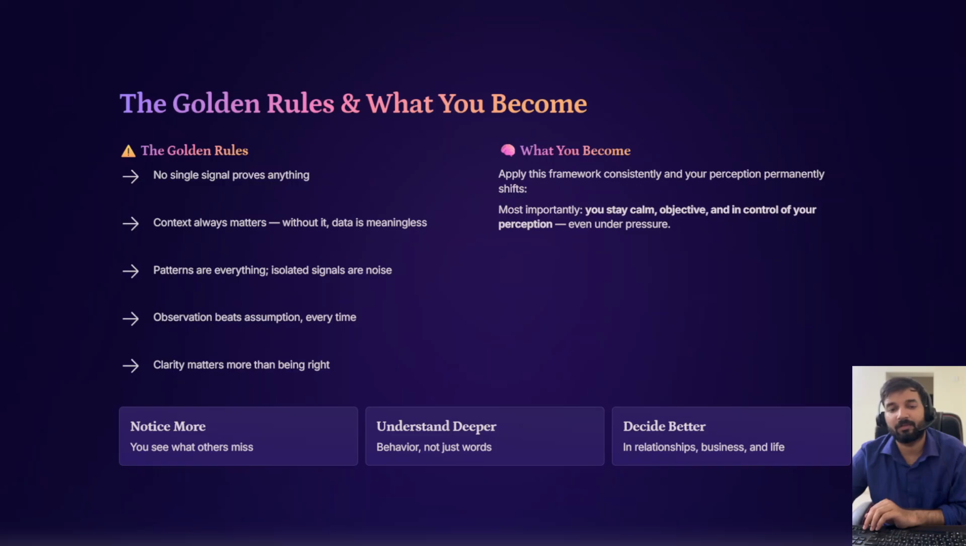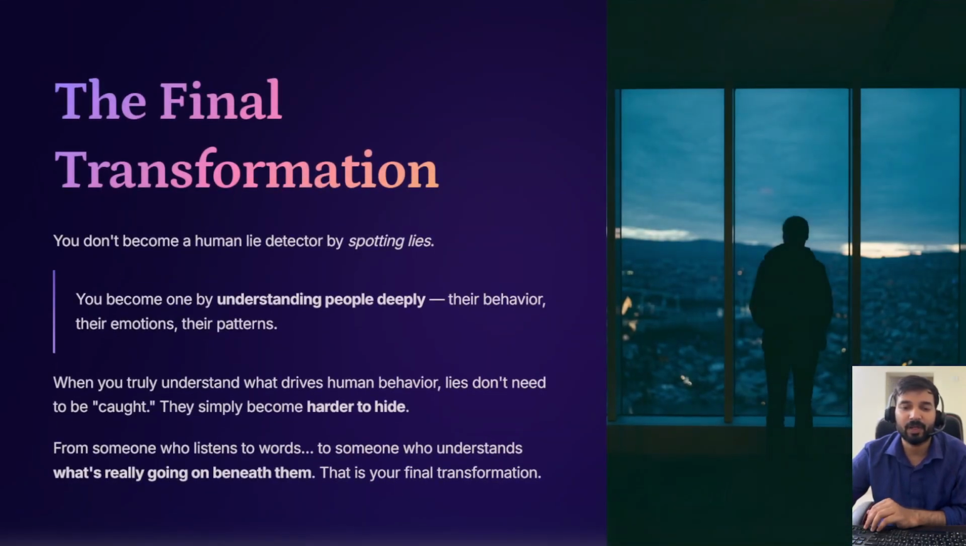Here's the final takeaway from the course. You don't become a human lie detector by spotting lies. You become one by understanding people deeply. Because when you truly understand behavior, emotion, and patterns, lies don't need to be caught. They simply become harder to hide. And that's your final transformation from someone who listens to words to someone who understands what's really going on beneath